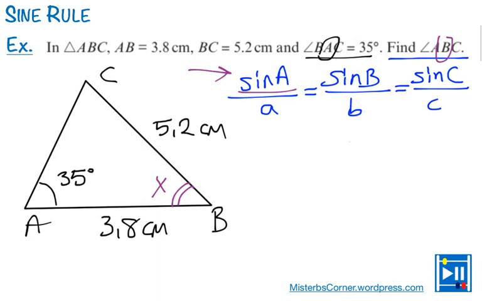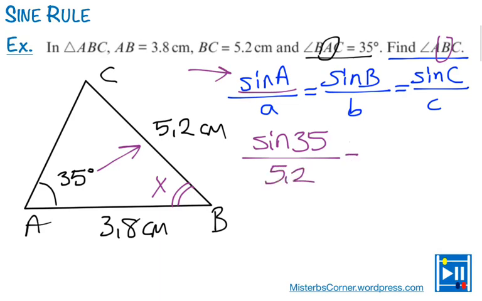So this is easier, but if you'd like, you can always use one version and play with it. Let's start. That's going to be sine 35 over 5.2, across the angle, and this will be equal to